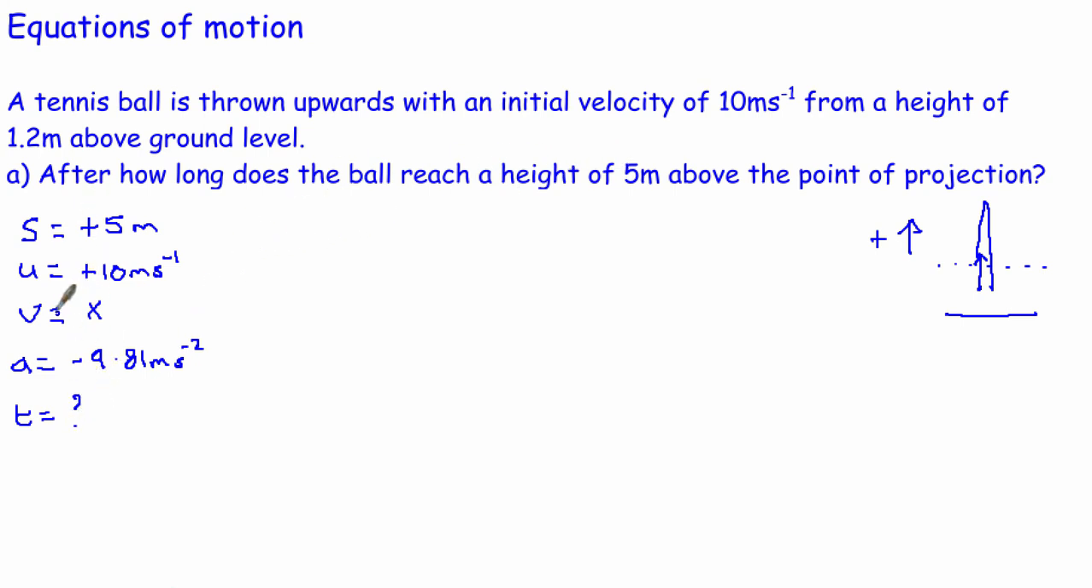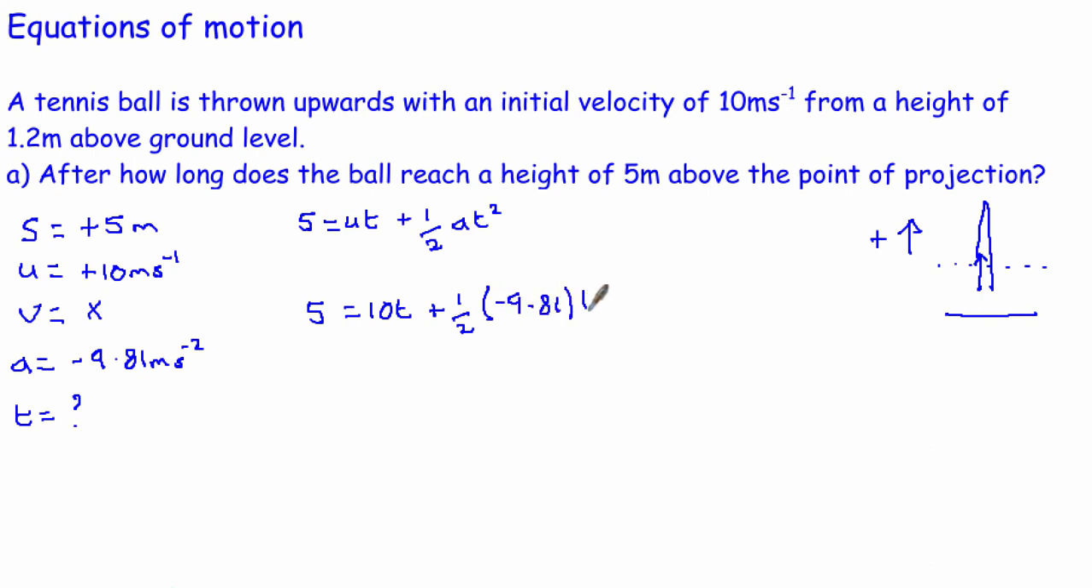So again, this is yet another example where we're going to use this equation. To be honest with you, most of the time this is the most important equation. There are obviously times when you don't use it, but in all three of these examples we've used this equation: S equals ut plus a half at squared. We're just going to put our numbers in. So S, which is plus 5, is equal to u, which is 10, times t, the thing I'm trying to find out, plus a half times minus 9.81